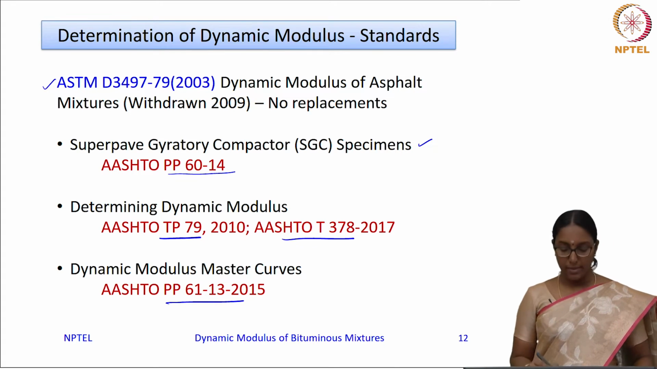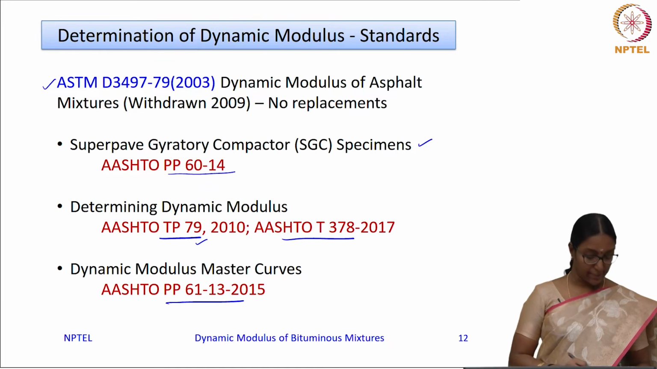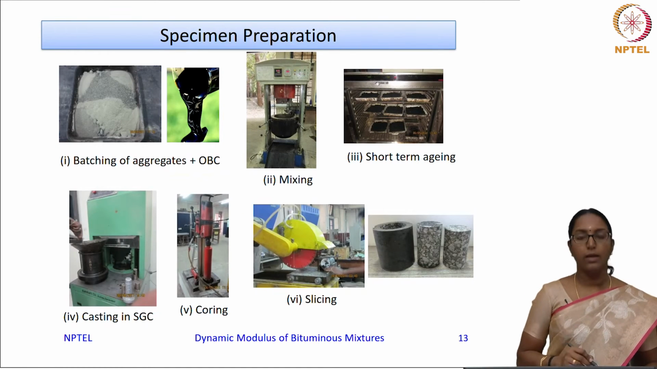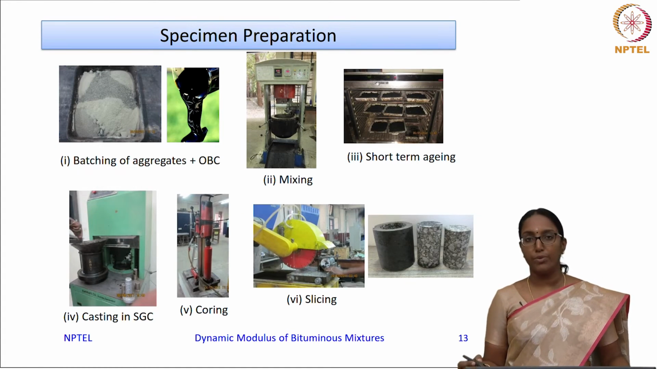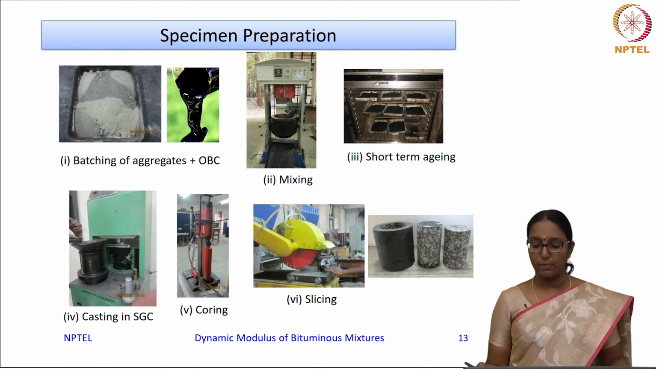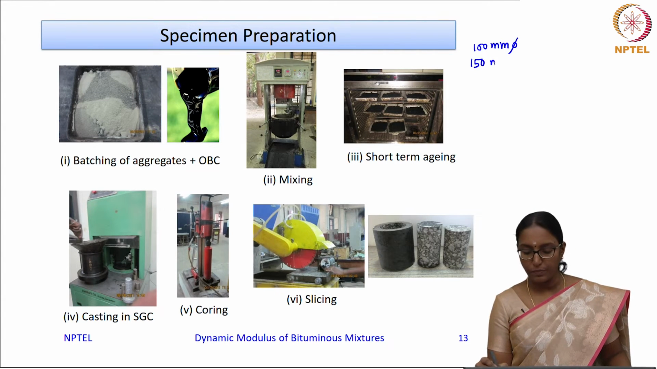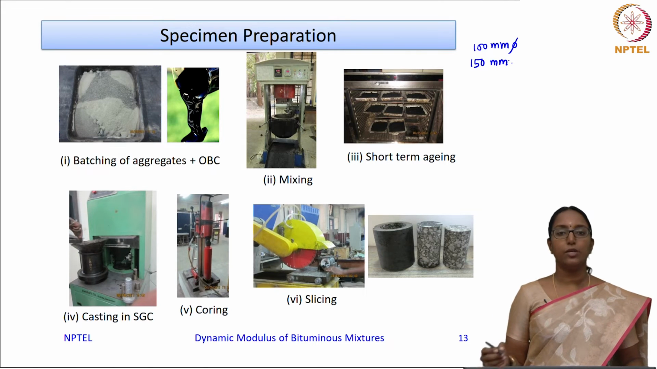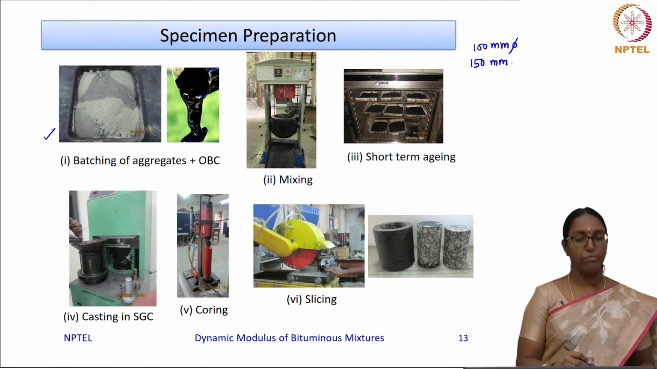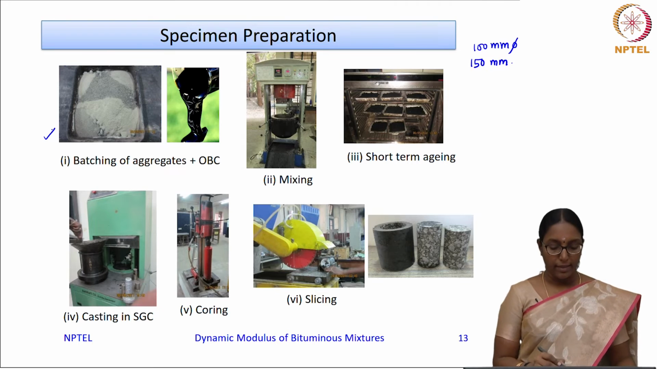Okay. So, I will be discussing with respect to AASHTO TP 79. Now, first comes the specimen preparation. As I said, you do this test in the laboratory on a specimen of 100 mm diameter and 150 mm height. Okay. So, first you batch the aggregates for the mix that you are preparing, and then you choose